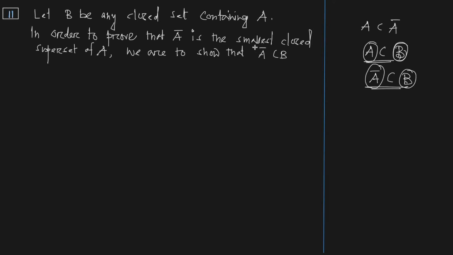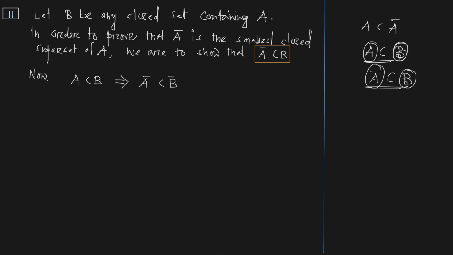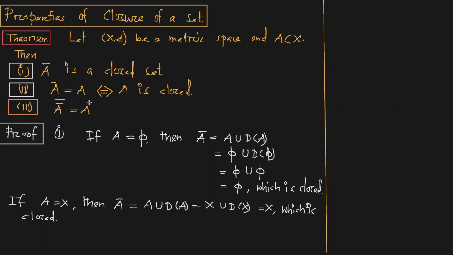বিটা কি যে কোনো ক্লোজ সেট, আমার টার্গেটটা হচ্ছে A bar is contained in B দেখানো। So now A subset B, just by previous result A subset B, so this implies A closure is a subset of B closure। জাস্ট একটু আগে প্রমাণ করেছি যদি A subset B হয় তাহলে A closure is a subset of B closure, ঠিক। সো দেখো যখন আমরা যদি একটা সেট ক্লোজ সেট হয় তার প্রিভিয়াস থিওরেম A set A is closed if and only if A bar is equal to A,